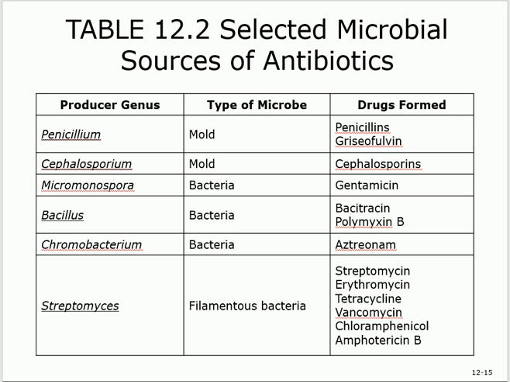Bacillus, and so on. I'm just showing you this to see the names that I was just mentioning. Okay? The other two are molds. Penicillium is a mold. Cephalosporium is a mold. It's a fungus, right? What's the name of the antibiotic that comes from the mold, the fungus Penicillium? Penicillin. Cephalosporin. Okay? So you see the names here. What I mentioned is the most important, which is in the previous slides.